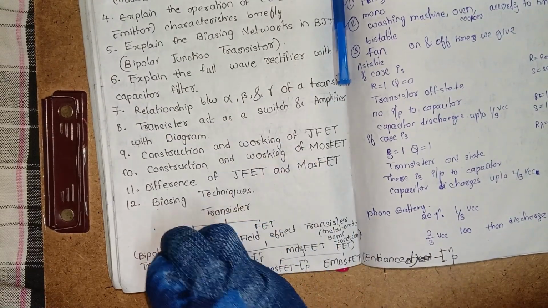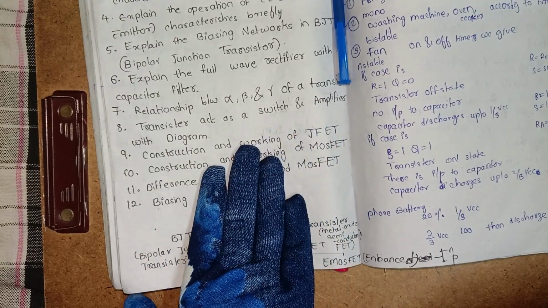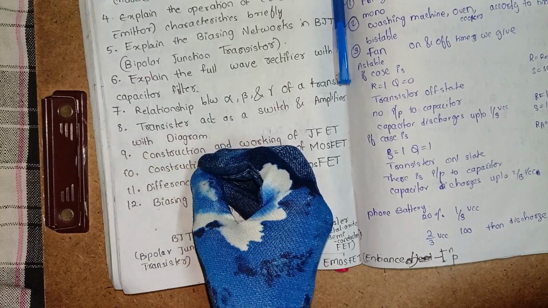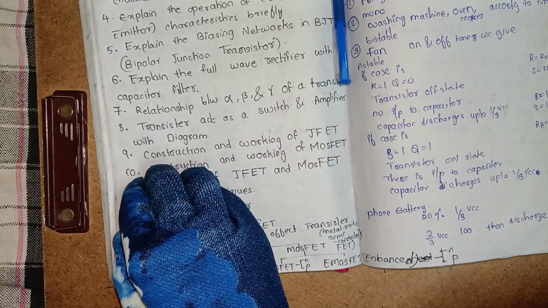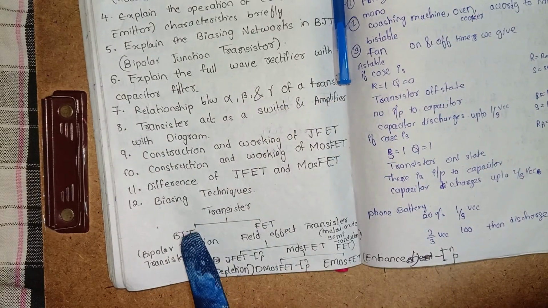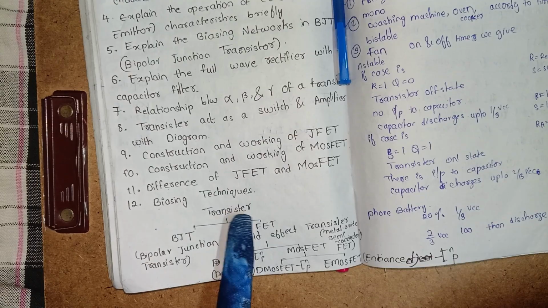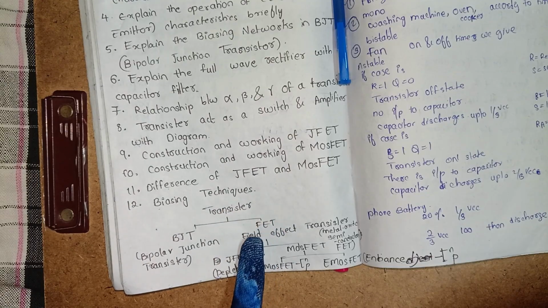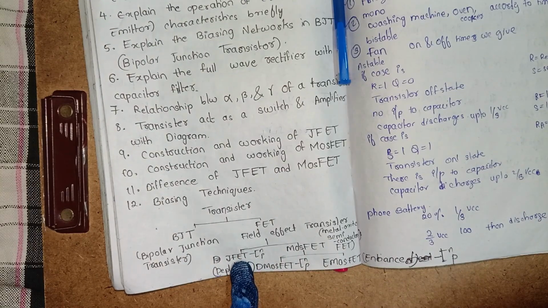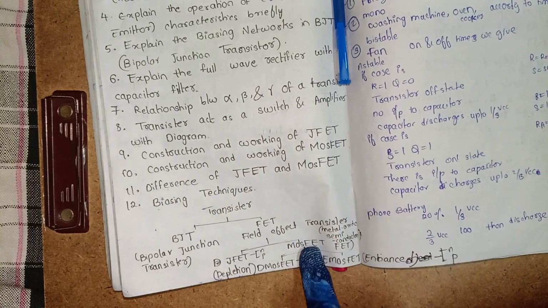So this video is the 8th video, part 3, because in part 1 we have discussed BJT acting as a switch and amplifier, which is one type of transistor, and in the second part of the 8th video we have seen FET. In FET we have seen JFET act as a switch and amplifier, and now in this video we will see